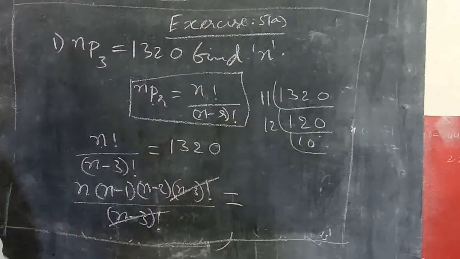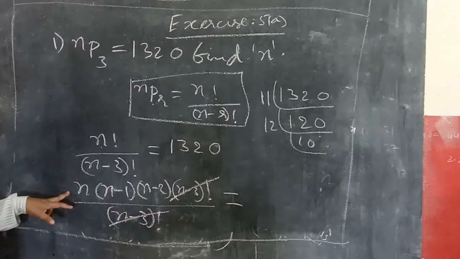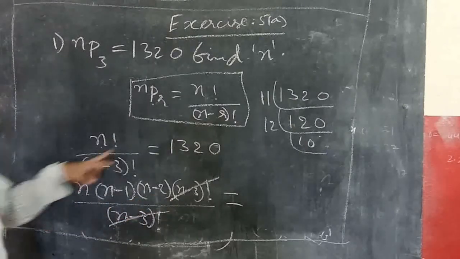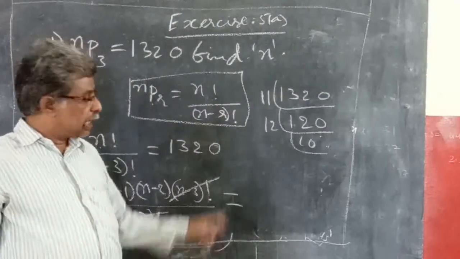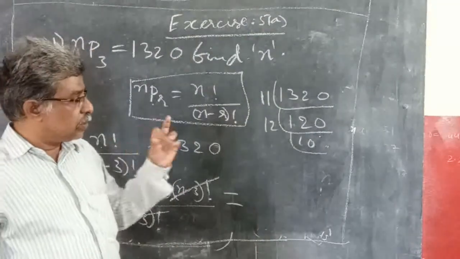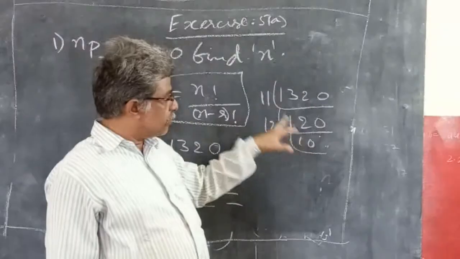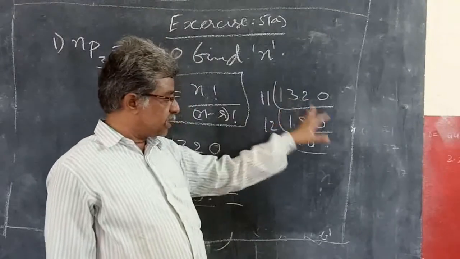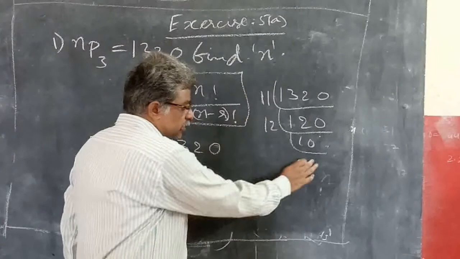But if you think logically, N, N minus 1, N minus 2 are 3 consecutive numbers. That's why I am not going for prime numbers 2, 3, 5. I am directly going for 11, 12, 10, because I know I want consecutive numbers. Here 0 is there, so 10 must be there. So with the 10 I am going. The left out is 132, whose factors I know are 11 into 12. That's why I wrote directly. Whatever factorization you do, you get the consecutive 3 numbers as these only.